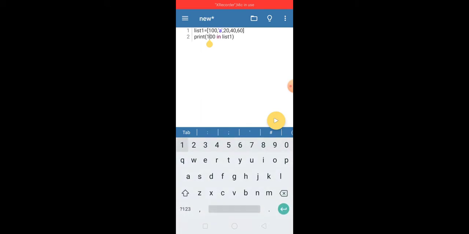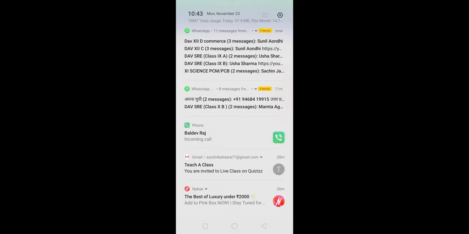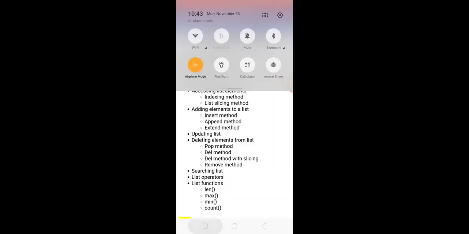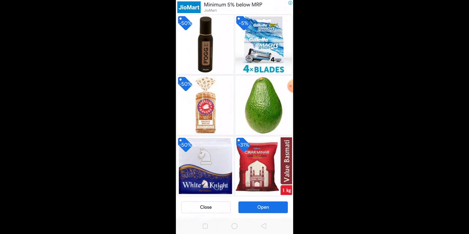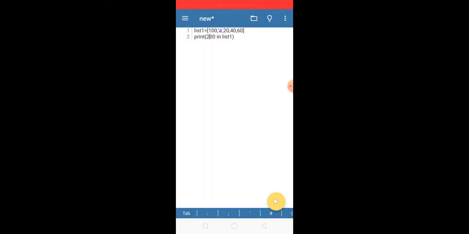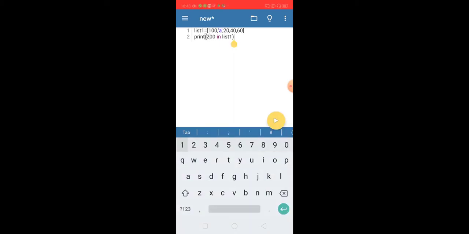Or if we write 200 in list1, then it will give the answer False. 200 is not present in the list, that's why it will give the answer False.